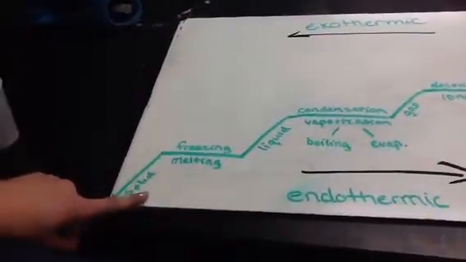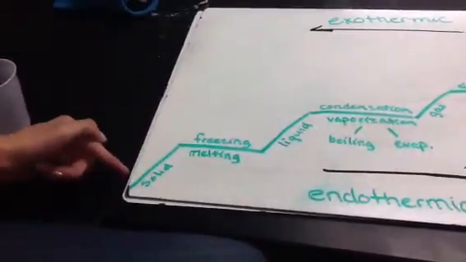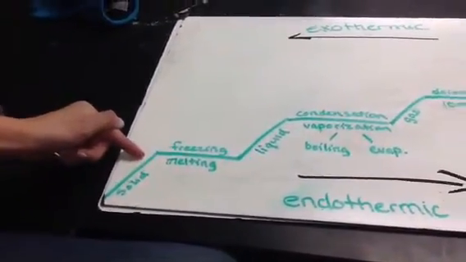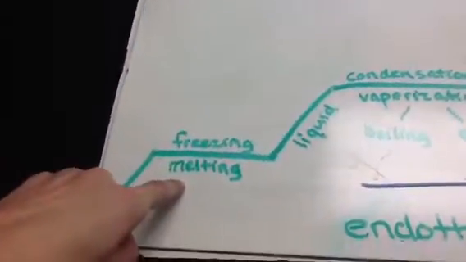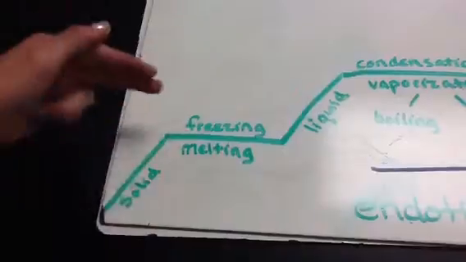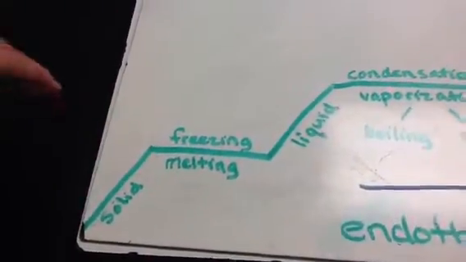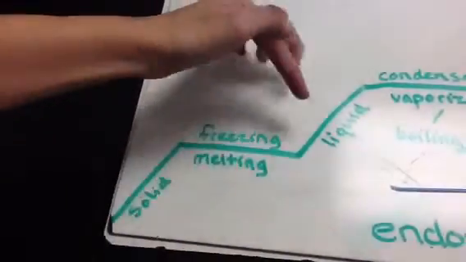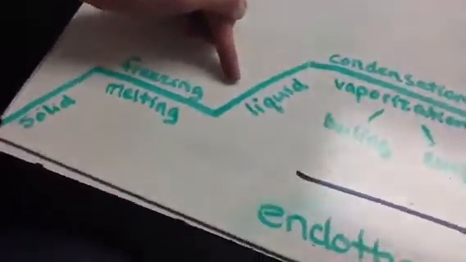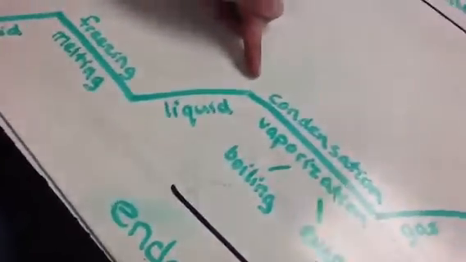And so if you start with a solid right here, the temperature will increase gradually until it hits the melting point. And when it hits the melting point, the temperature will not change. It will stay the same, and then when it becomes a liquid, the temperature will increase and continue to increase